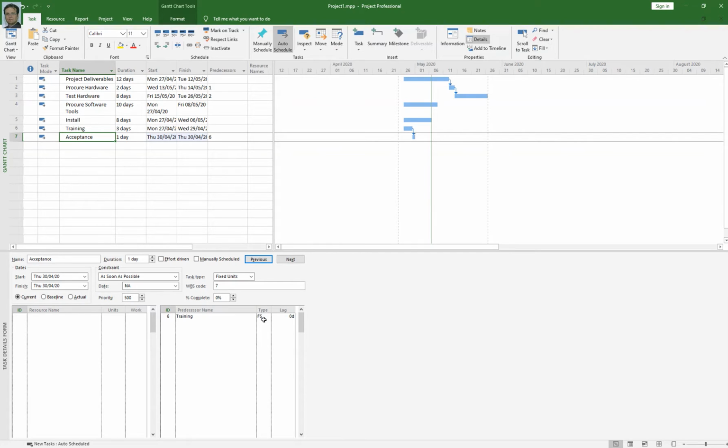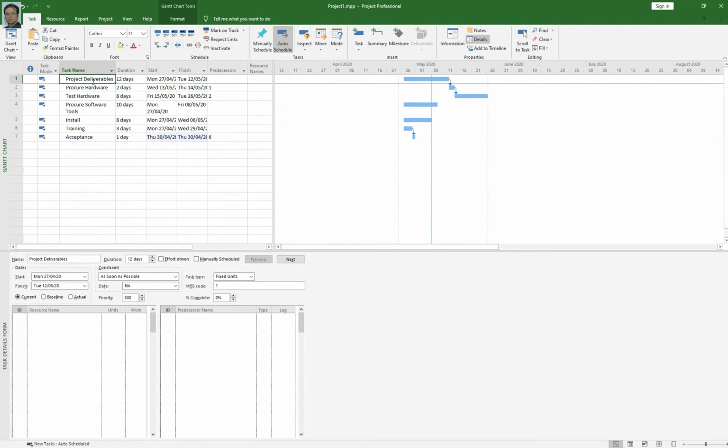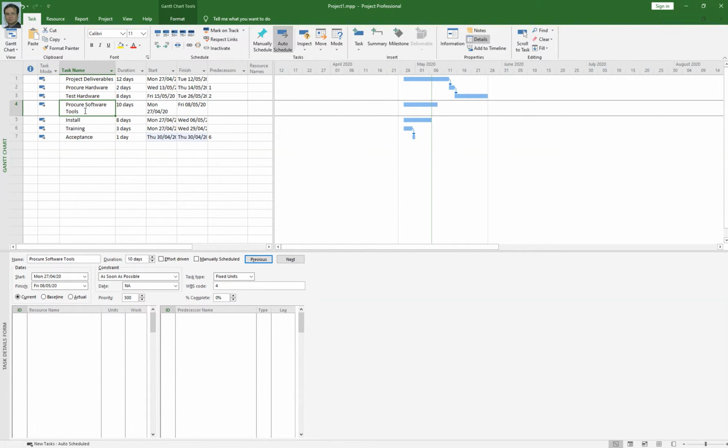For instance, I say that the procure software tools activity will start when the project deliverable activity starts. So I am going to link my procure software tools with project deliverable by putting project deliverable number 1 into this column. But when I click on procure software tools, the project default relationship type is finish to start, meaning when this activity is finished, then this activity can start.